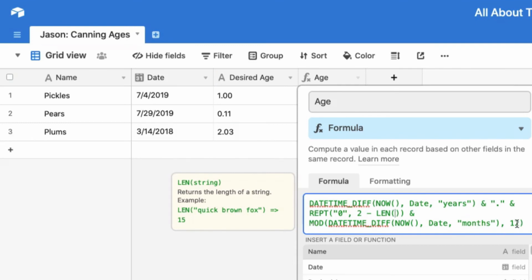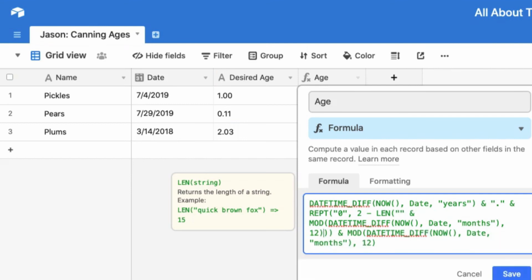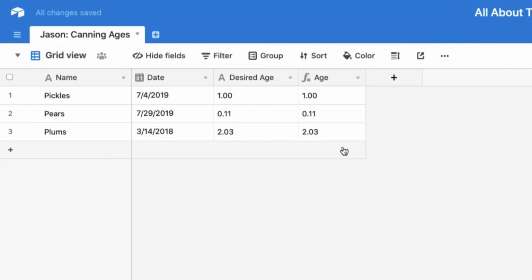Now, because this is an actual number, I can't grab the length directly. So what I need to do is format that as a string. So I'm going to do an empty string here, concatenate that with the function that we just added, that MOD function, and just paste that in. So now it takes the length of that number. So for 2 digits, 2 minus 2 is 0. So don't pad any zeros there. For 0 digits, come back out from this one. Actually, what came back from that was a single 0, so pad 1 more 0 on the front, and same thing for down in here. So now when we save this out, we have what we need. So we have 1 year, 0 months, 0 years, 11 months, 2 years, 3 months, and everything looks good.